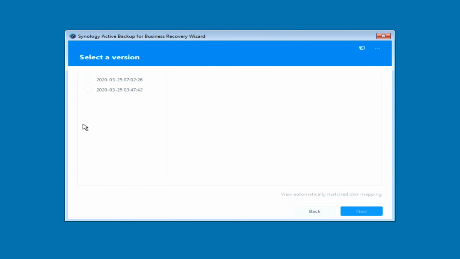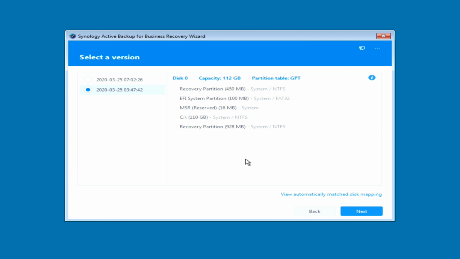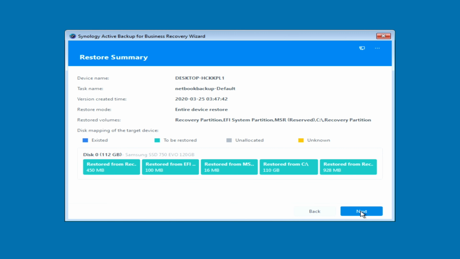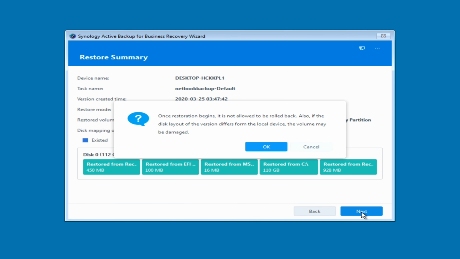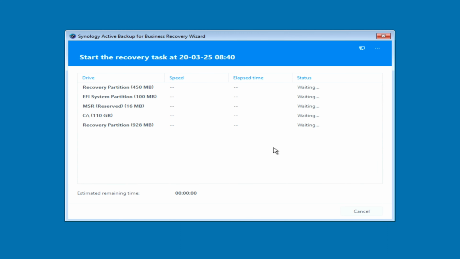So even though we've only done one backup, there seems to be two versions here. We're just going to go with the oldest one. And here's a quick summary of what's going to be restored for this device. Click OK. And now we wait. And this will probably take a while, even over a 1 gigabit Ethernet connection,